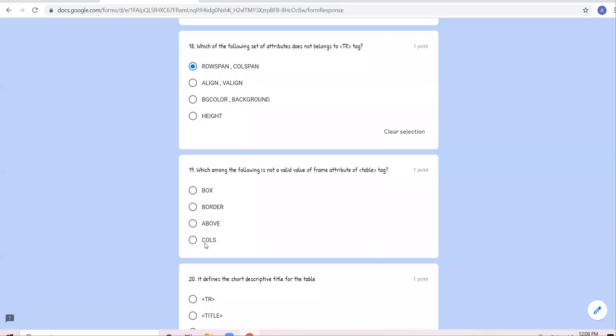Who will tell? Difference between frame and rules attribute of table tag. Yes, Tanya, unmute yourself.